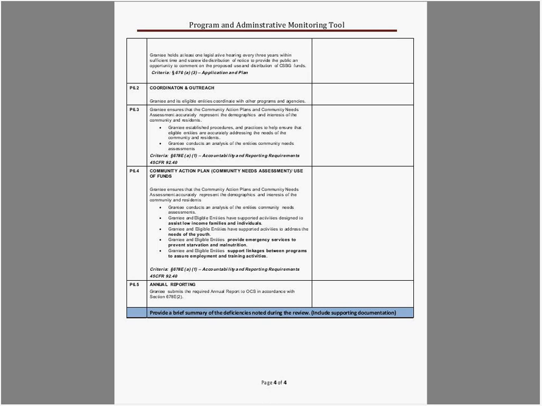You're getting feedback on that very shortly from the program specialist. Some of them have already sent the feedback, but the program monitor would go over any additional items with regard to the annual report. And then after the monitoring team concludes the visit, they would provide a brief summary of the findings noted during the review, including supporting documentation.